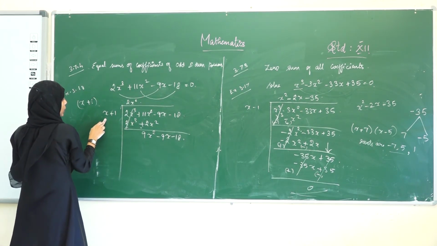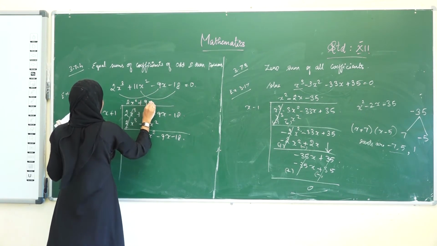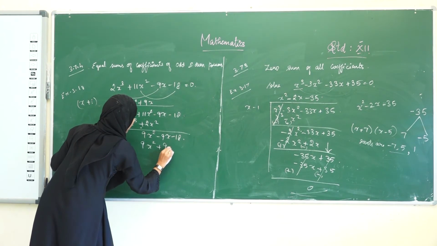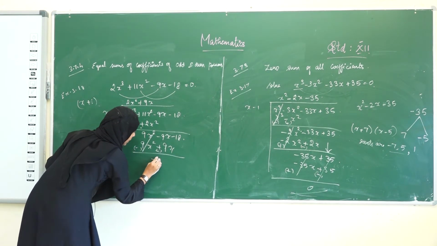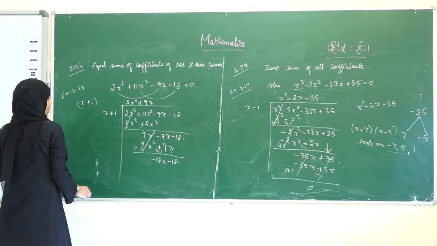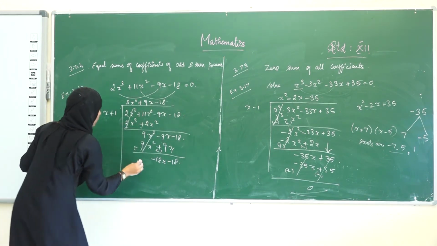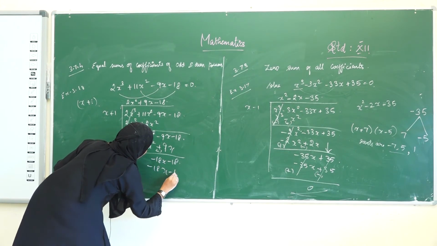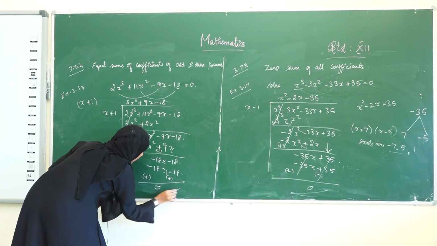See this term. So we are going to multiply this with plus 9x, right? Plus 9x. On multiplying, 9x square plus 9x. On changing the symbol, this term gets cancelled. Here it is minus 18x, here it is minus 18. Okay, now we are going to multiply this with minus 18 alone. Minus 18 into x, minus into plus, minus 18. On changing the symbols, we get the remainder 0.